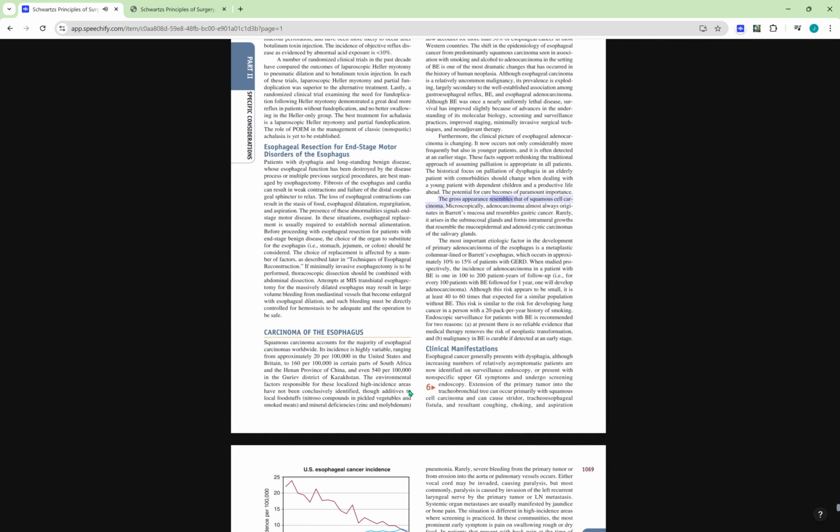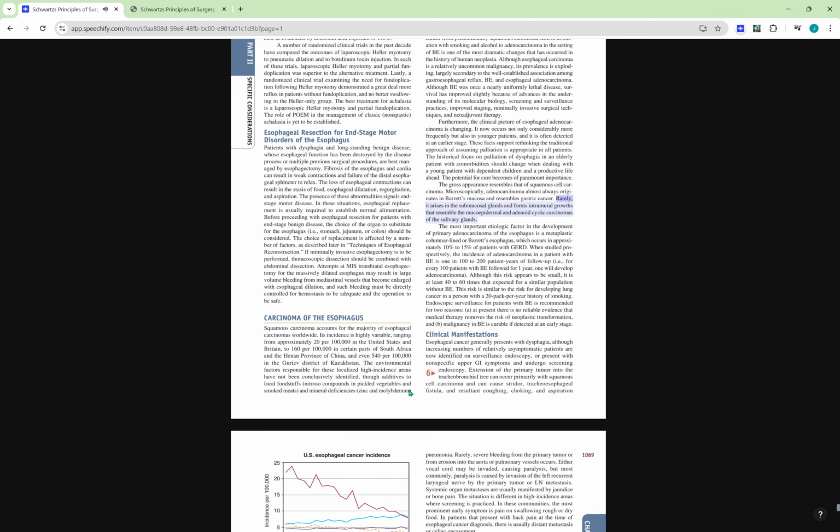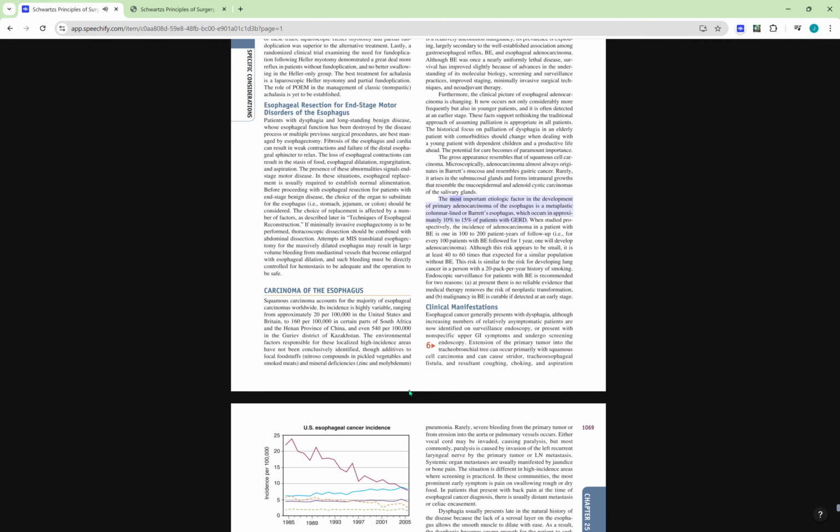The gross appearance resembles that of squamous cell carcinoma. Microscopically, adenocarcinoma almost always originates in Barrett's mucosa and resembles gastric cancer. Rarely, it arises in the submucosal glands and forms intramural growths that resemble the mucoepidermoid and adenoid cystic carcinomas of the salivary glands. The most important etiologic factor in the development of primary adenocarcinoma of the esophagus is a metaplastic